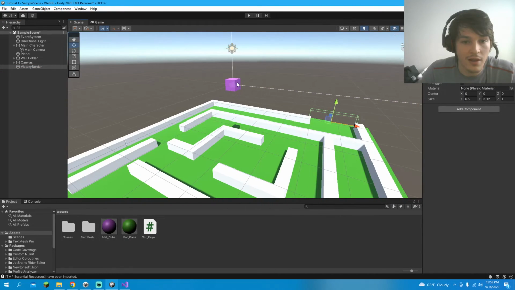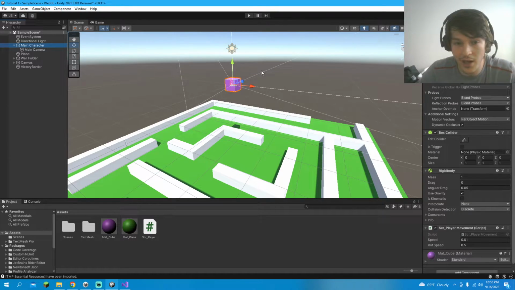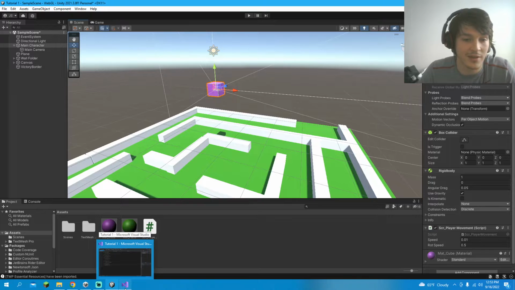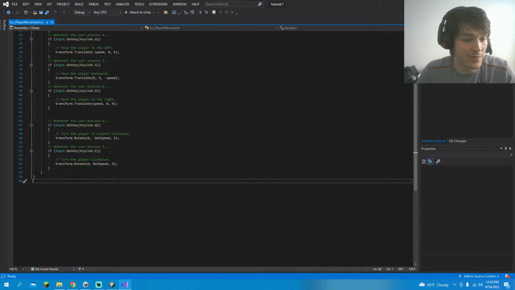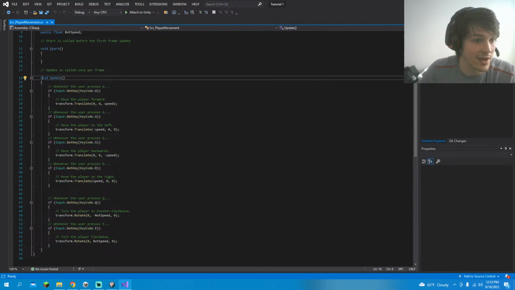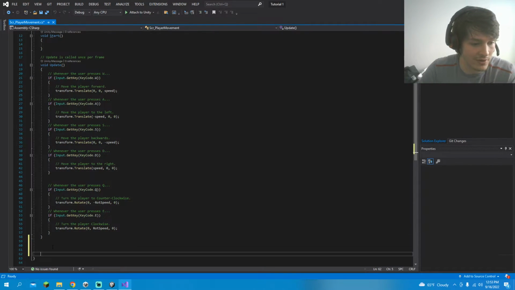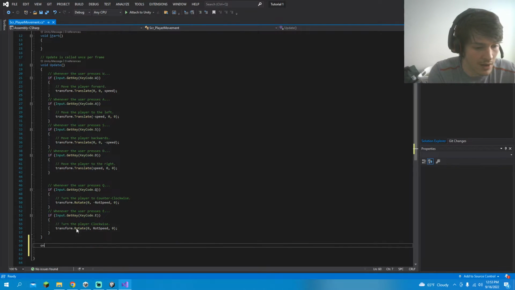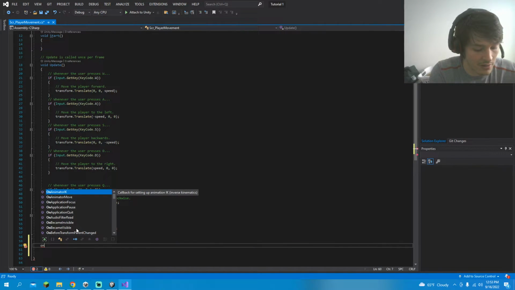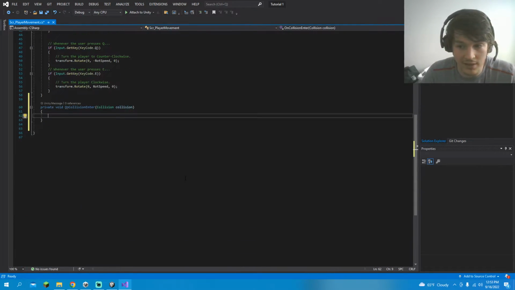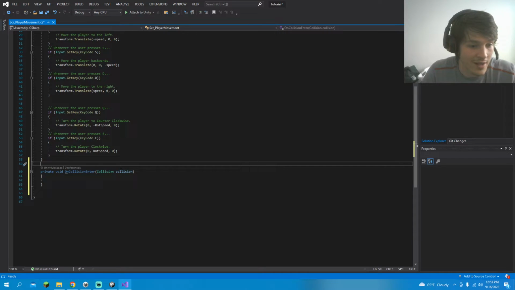Okay. Now we need to, on our main character, we have a box collider, we have a rigid body. So now we can add another script to do this, but since it's not that much coding, I'll just keep it on the same script for now. In our player movement script, we have our update. We're going to actually work outside of the update field here, and we're going to add something called, stay with me here, on collision enter. So this is a function that has already been predefined by Unity